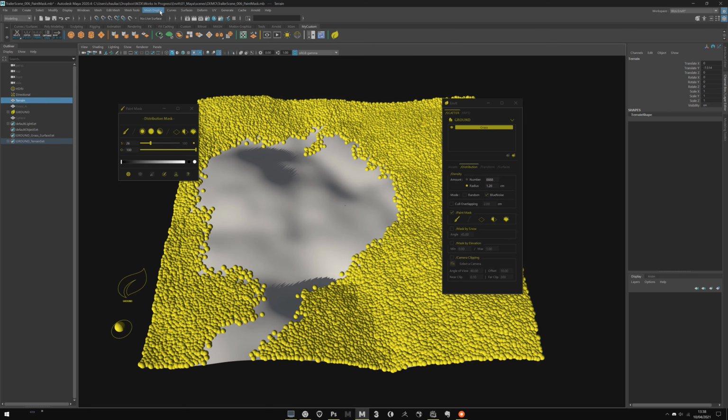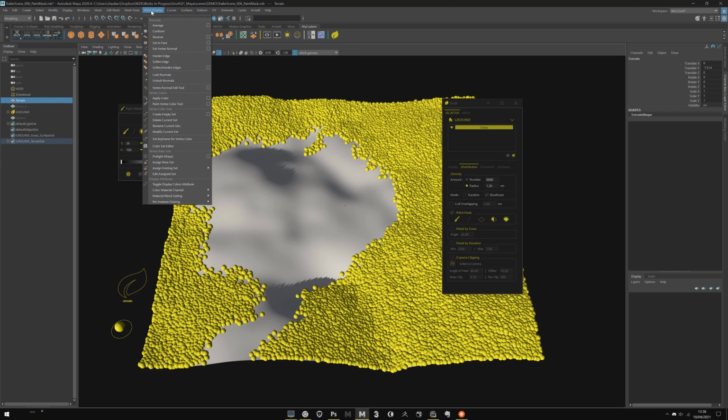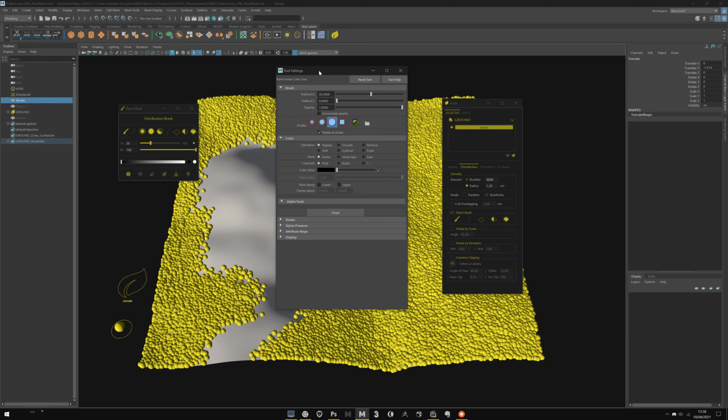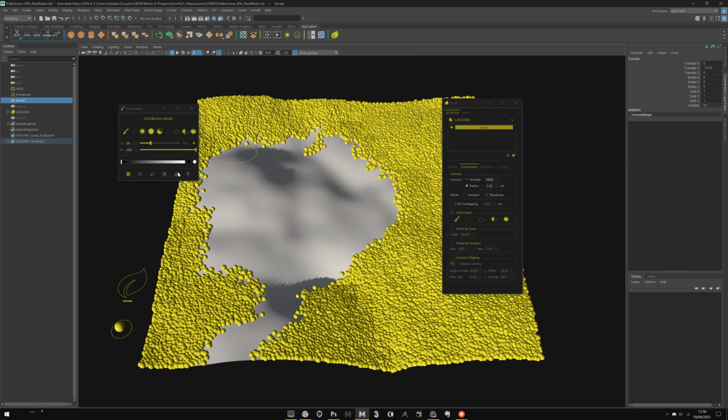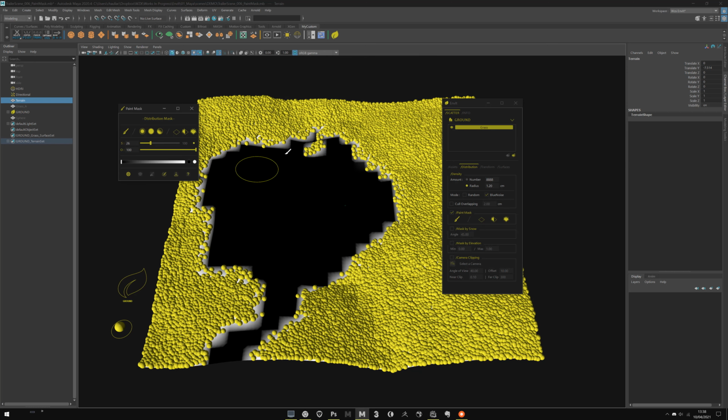Otherwise, in fact, I use the Maya Paint Vertex tool. So go to Mesh Display, Paint Vertex tool, open the option box. If you need more, you can use this one. And in display, be sure to have automatic vertex color display unchecked, as explained here. Otherwise, that will cause problems with displaying color. That will display automatically like this.